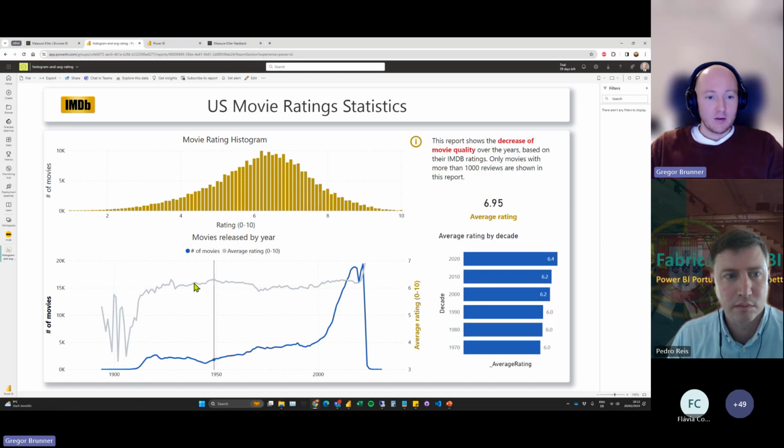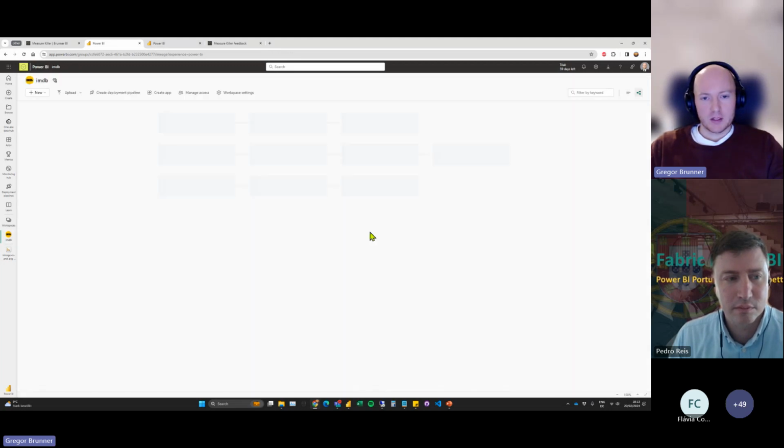Here we can have some other information. We can see when the movie was released and how many movies are released. So we can see, for example, that from the year 2000 afterwards, a ton of movies were released every year. And then there is a drop because it's what is planned in the future. That's why there's only one movie planned for 2030, which is a long way out. Anyway, this is just one of the reports that is built on top of our shared model.